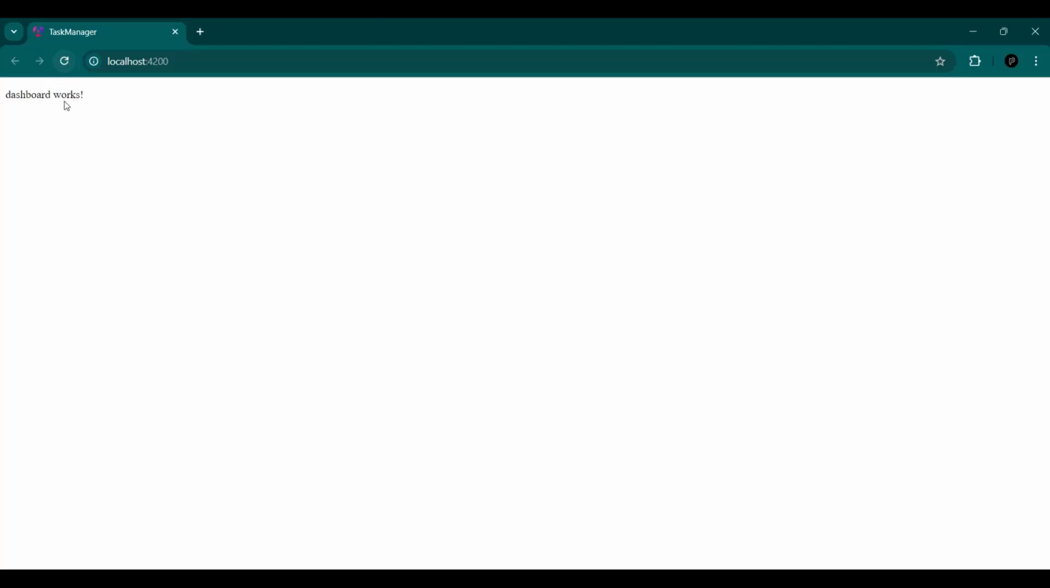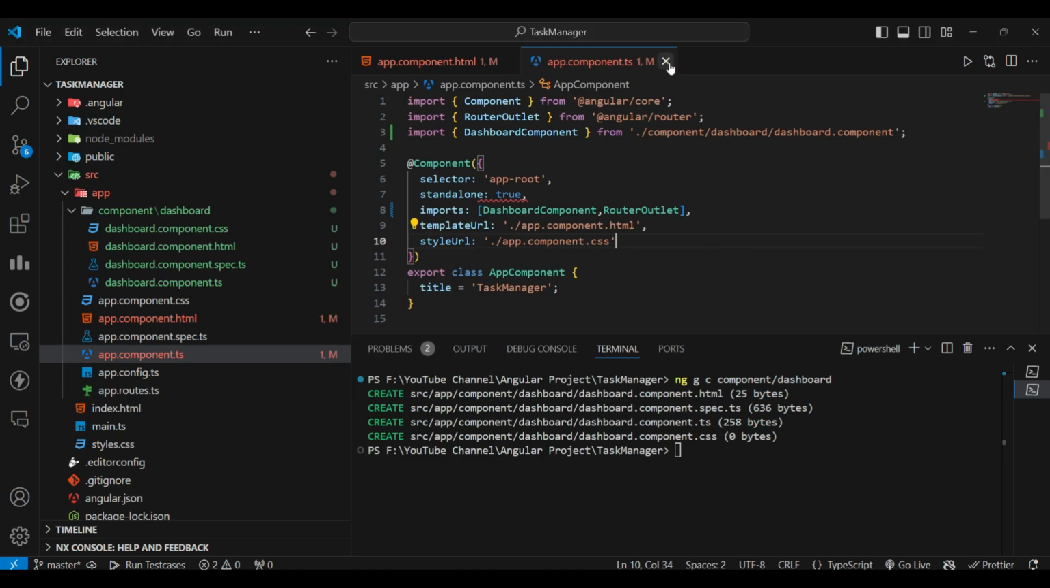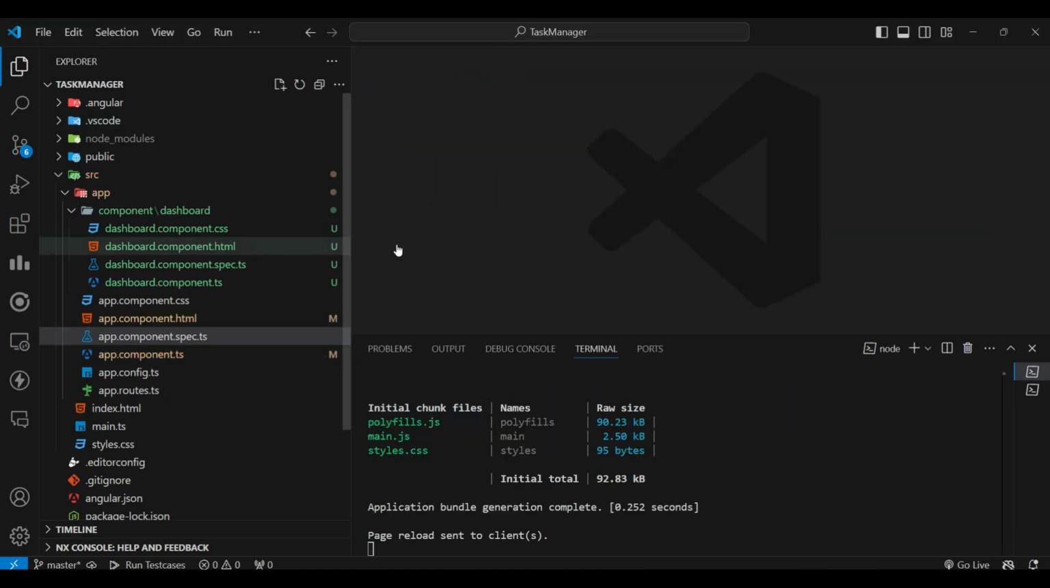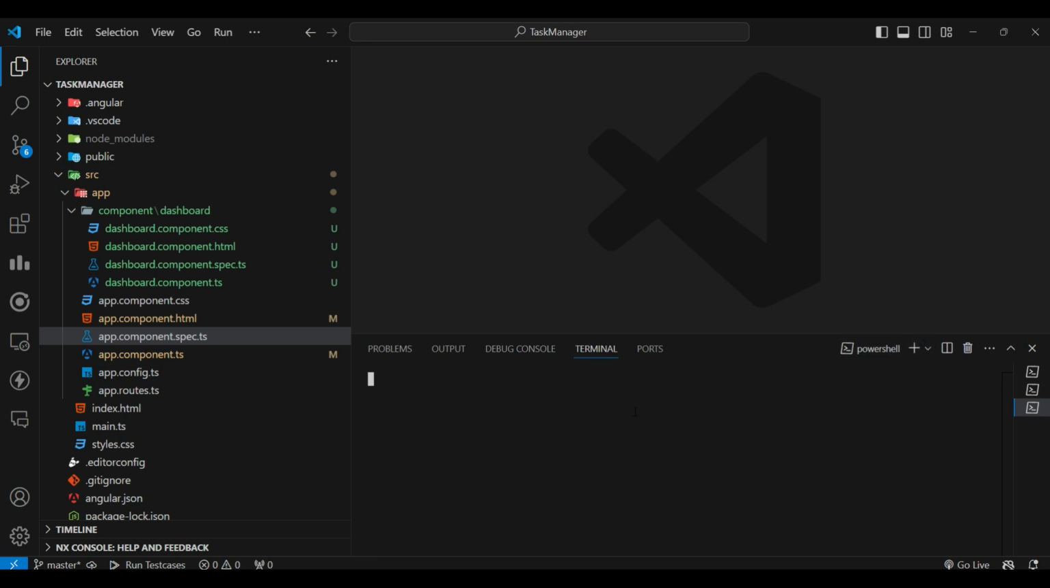Here you can see the dashboard works. Okay, I will close these files. We have created the dashboard component. Now we are going to create the service. Okay, so for that we'll create